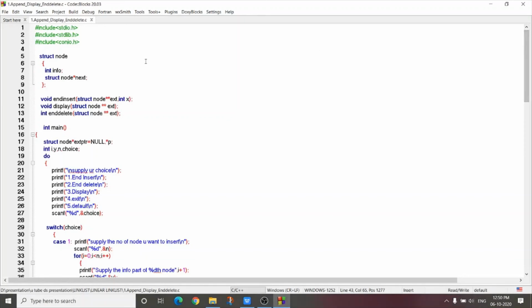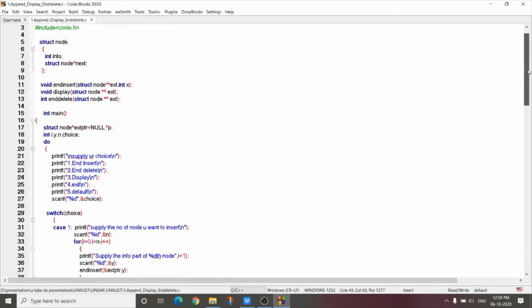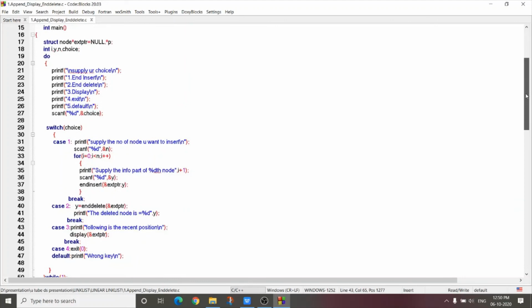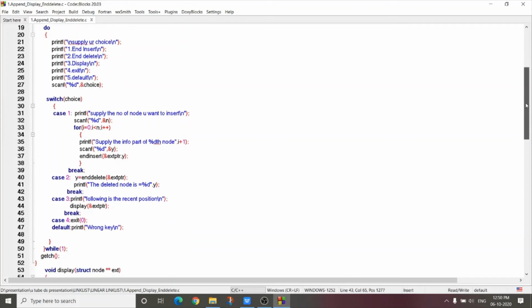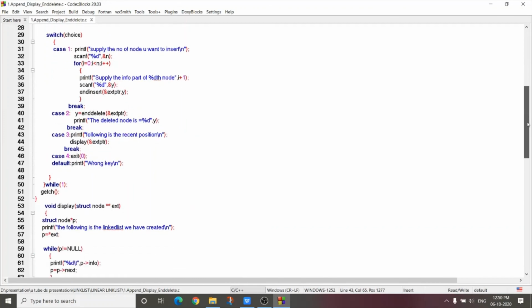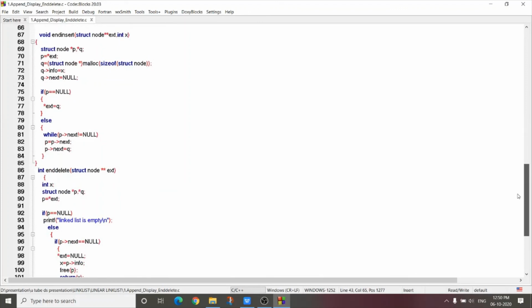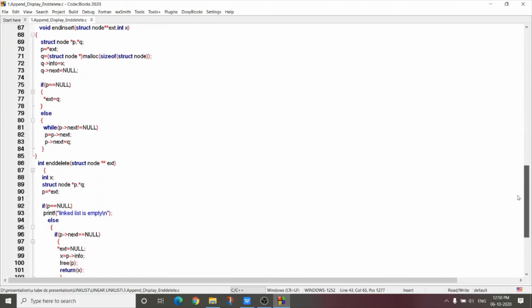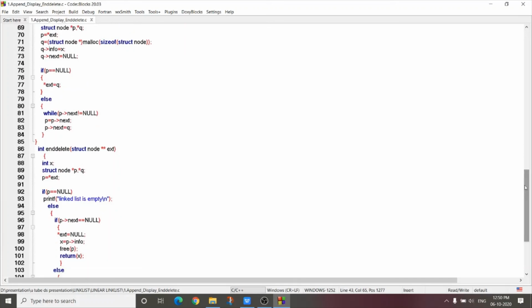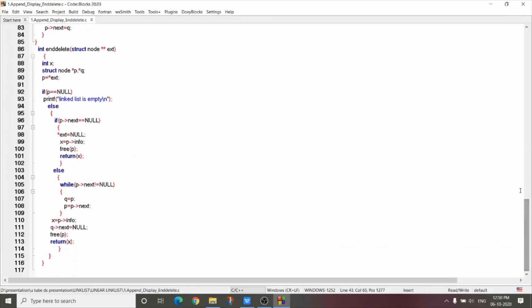So this is the node structure, these are the prototype declarations, main function, then display function, end insert function, end delete function.